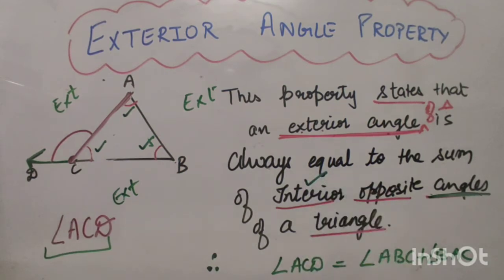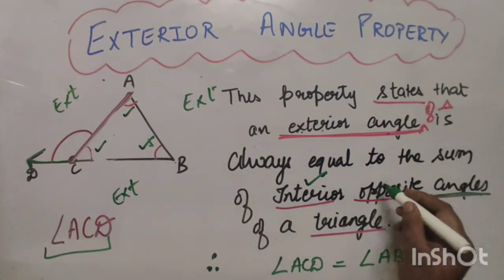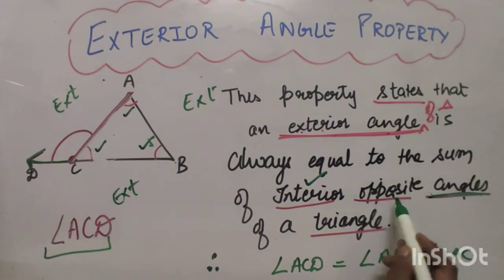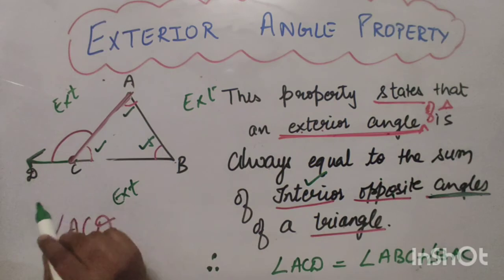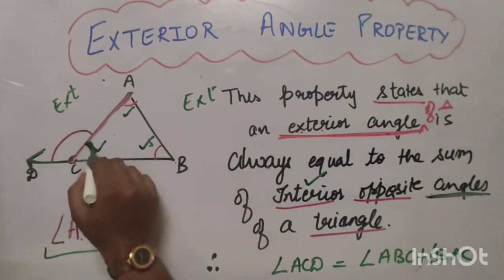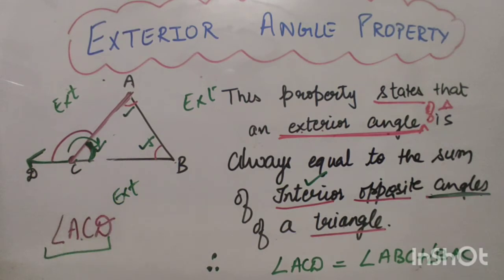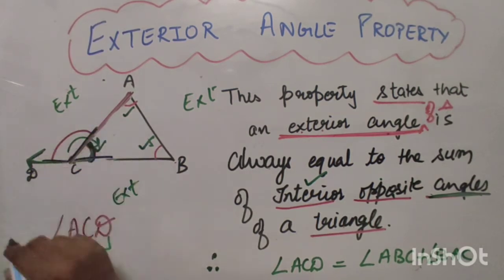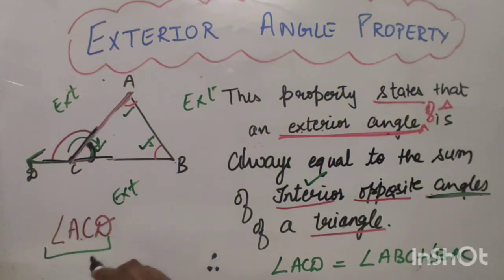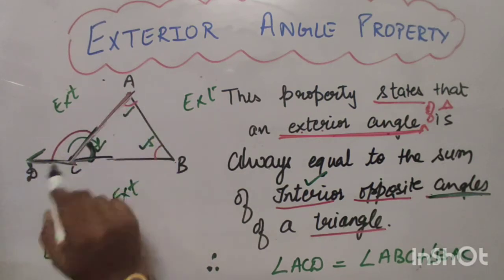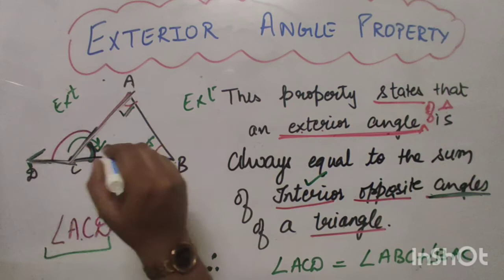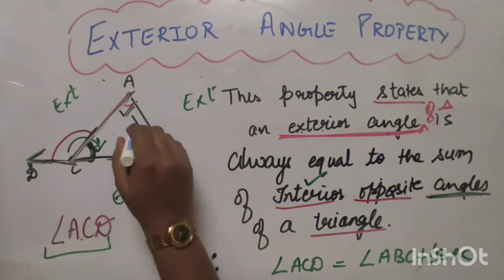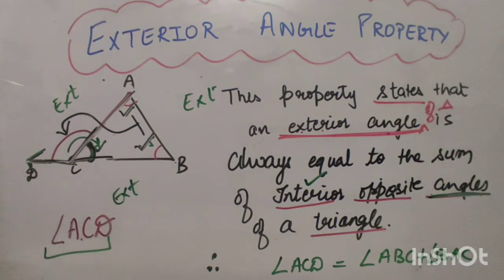So we have reached the interior portion. Now the next step is to find out the opposite angles, the angles which are opposite to the exterior angle. If I am talking about this angle, it is adjacent to the exterior angle, right? Here you can see that this angle C is adjacent to this angle. So definitely it will not be an opposite angle. So the remaining angles will act as opposite to angle ACD, right? So angle A and angle B are the opposite angles to the exterior angle.